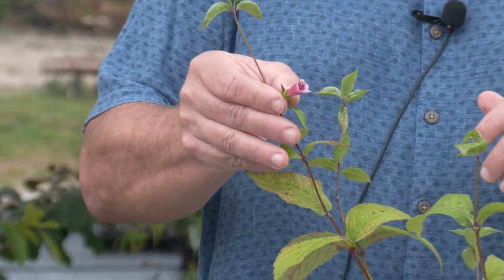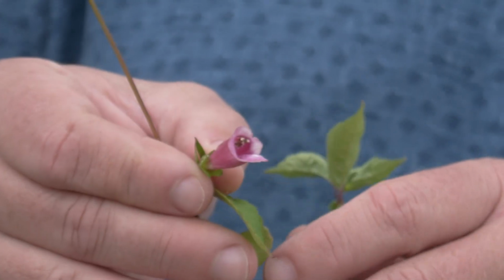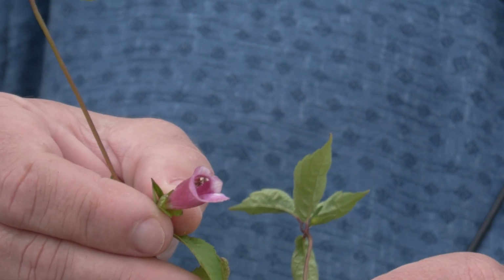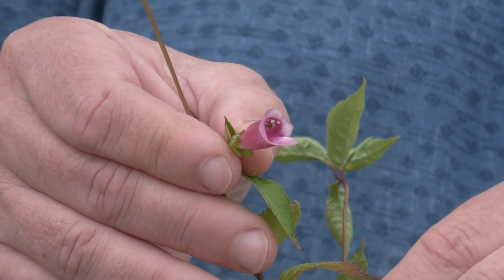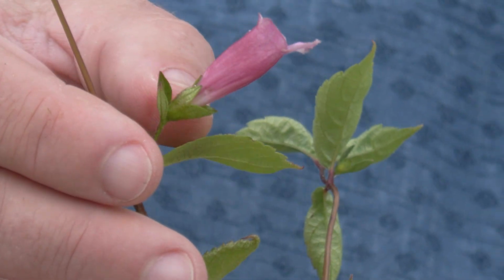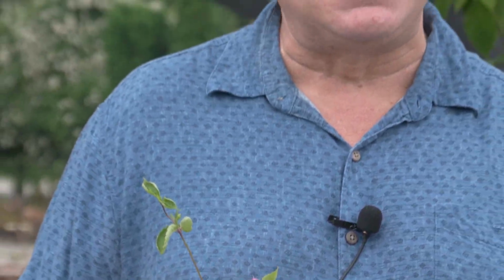Now this hybrid is Chelenopsis, a hybrid between Yagaharena and Moschata, and this is one called Stonewall Pink. And you can see these little almost snapdragon type flowers on here that are this really deep pink, much darker than the other Chelenopsis. And part of the reason I wanted to talk about this plant is because as people